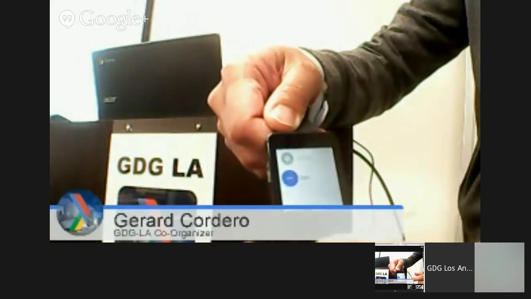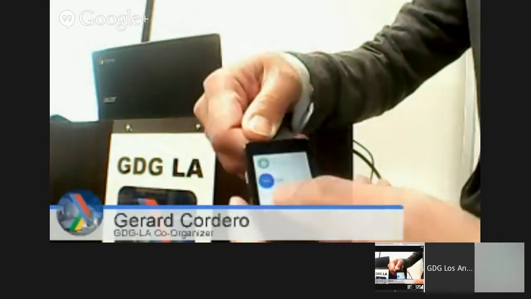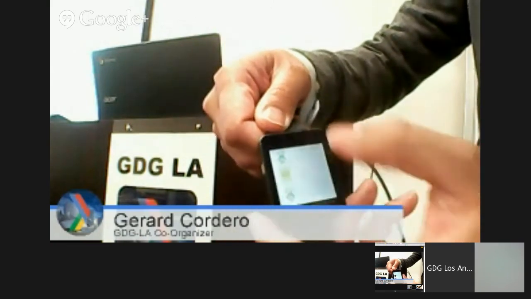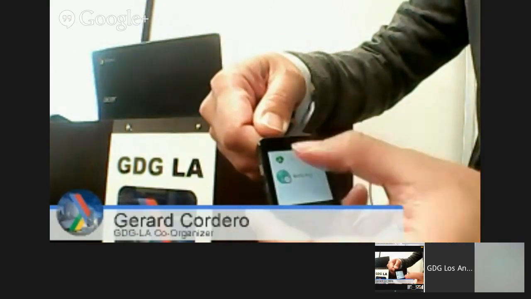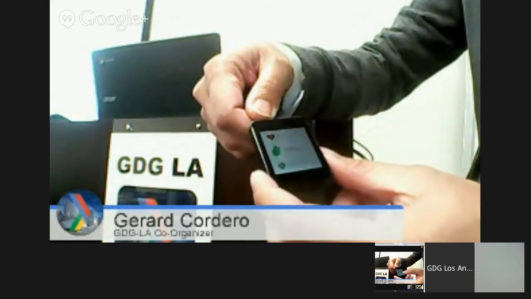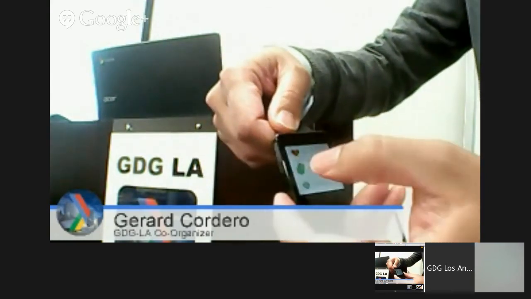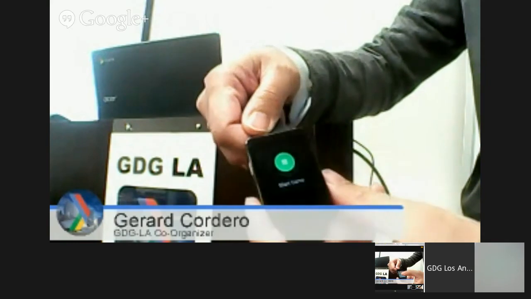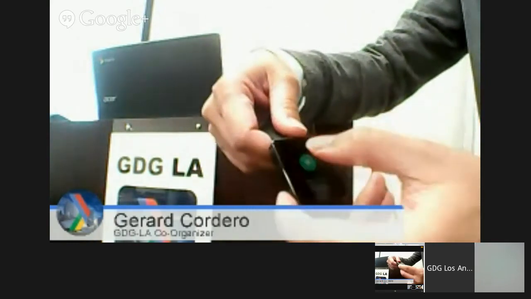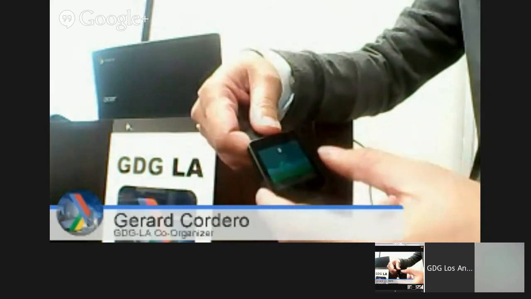Anyway, you click on it, then it's going to list your apps. So one thing I do when I'm bored, there's a Flappy Bird clone, so I play it.